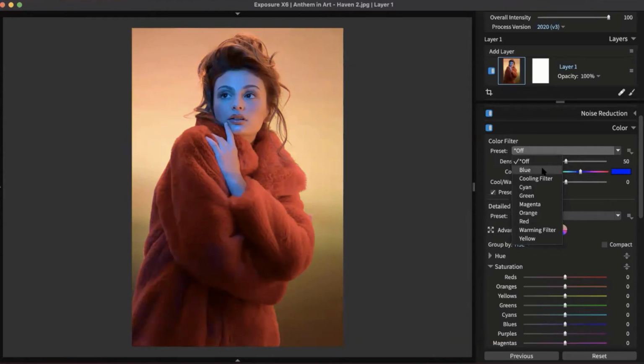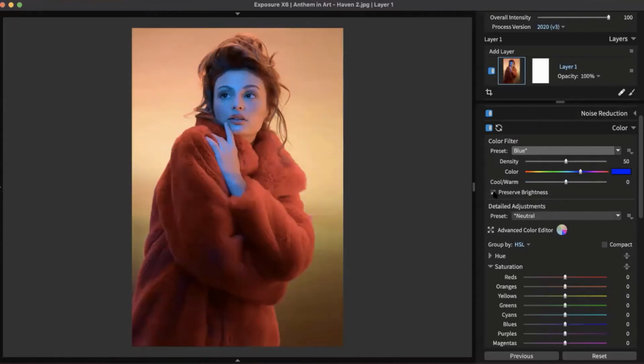Okay, so see what the blue one is doing to that background? It just adds that blue cast, which gives a more orange or pink look to the background. It's actually really neat. So any of these that we choose will do something to the image, and it's just putting a subtle color tone across all of the images, okay? Now, we can control that with the density, or we can update where we want the color to be, or we can add any kind of cooling or warming to it, but this preserve brightness is what I wanted to